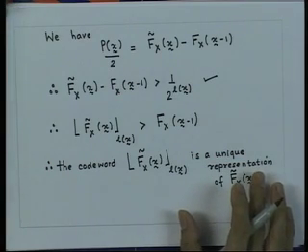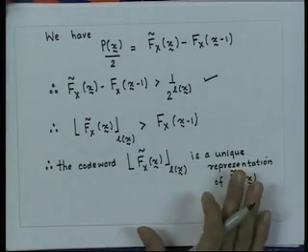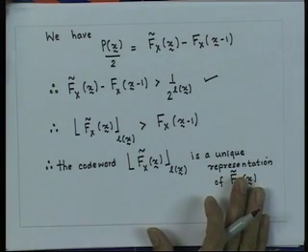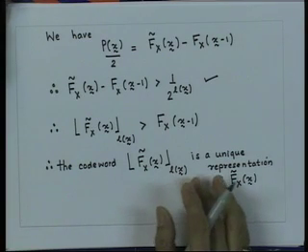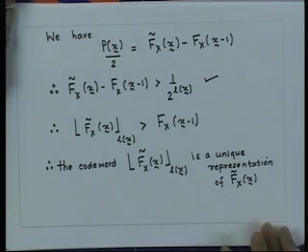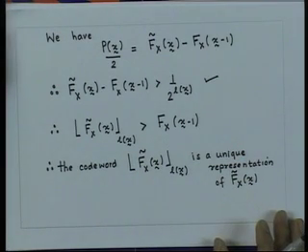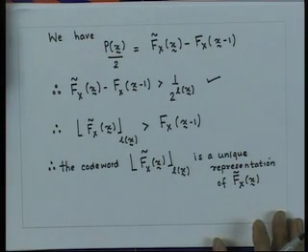Now, to show that this code is uniquely decodable, we will show that the code is a prefix code, that is, no code word is a prefix of another code word. Because a prefix code is always a uniquely decodable code, by showing that arithmetic code is a prefix code, we automatically show that it is uniquely decodable. Now, to go ahead with the proof for that, let us look at one